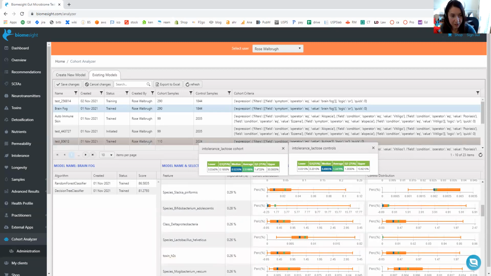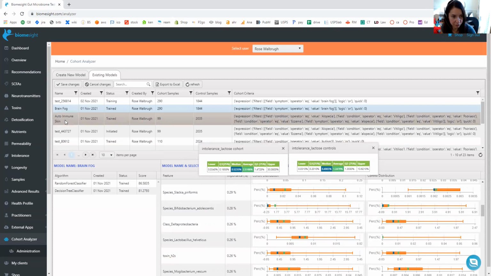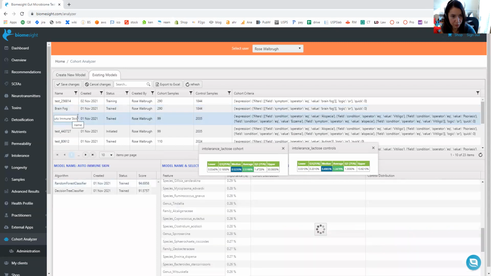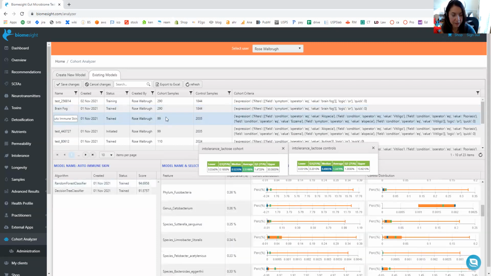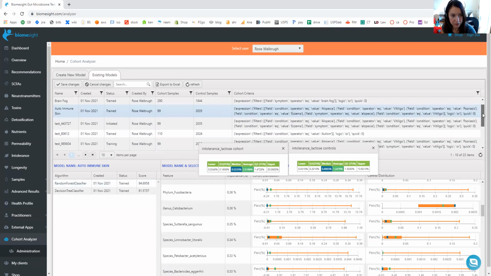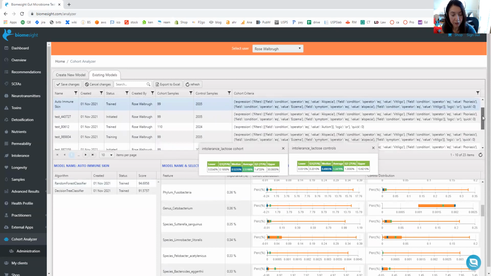As you know, we have a couple of studies that we're running in-house at the moment. We've got the autoimmune skin conditions. At the moment we have just 99 samples within our cohort. We ideally want to get this number to over 200 before we give you some feedback in terms of what our findings are. And similarly for long COVID,